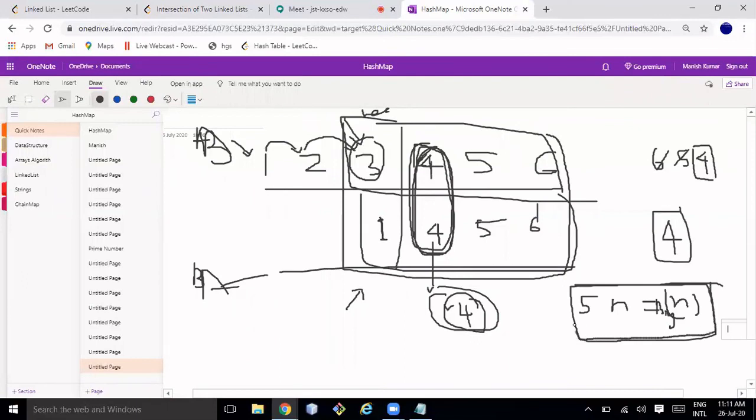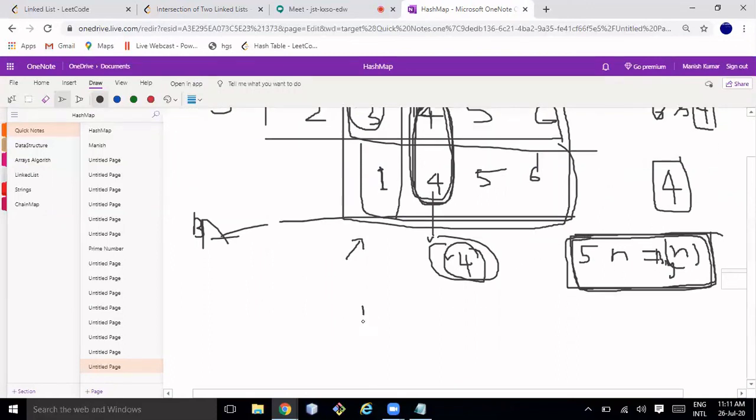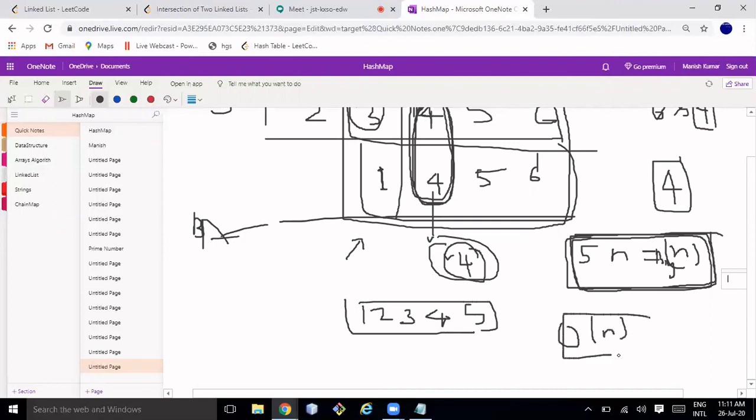Then you will be mastering it. If I start now, you won't get much. So for now, suppose you have a list 1 2 3 4 5 and you are iterating over this list 5 times, its time complexity is order of n only. Wherever it is needed, I will keep on telling you.